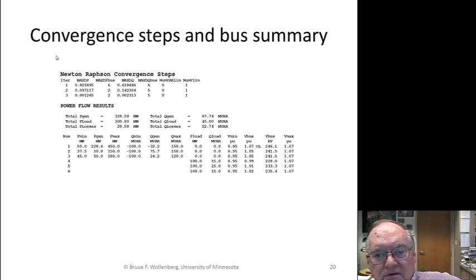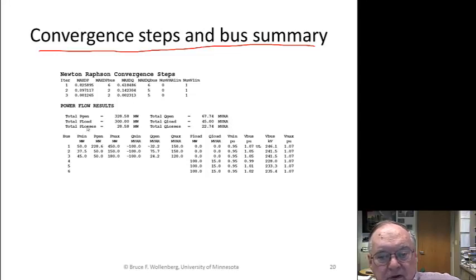And here's the convergence steps and the bus summary. We start out with this much, and you notice that it goes down by almost a factor of 10, and then almost a factor of 10 again, until it gets to be very, very small. And you'll notice that instead of being 110, this one came out to 228.6, and these are each 50. And the voltage number 1.07 is held at its maximum